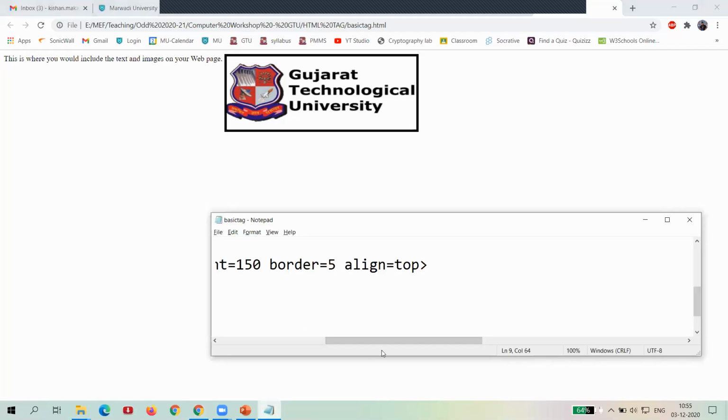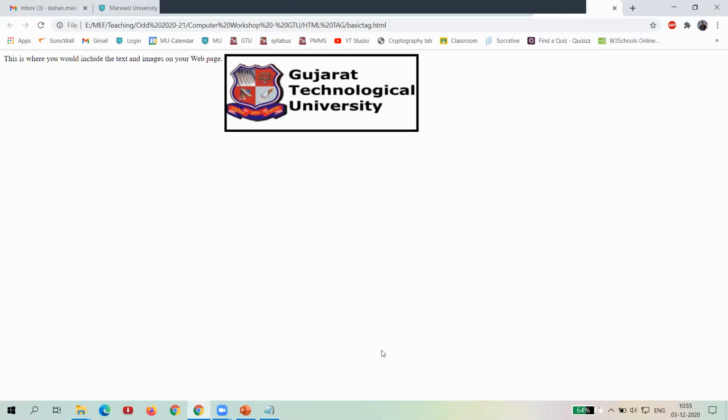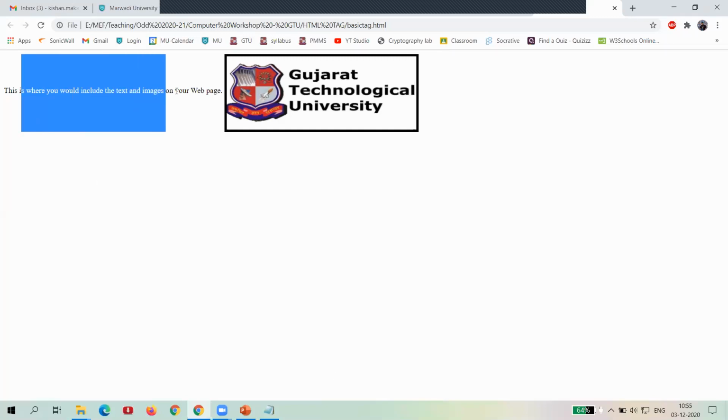Now next we have middle. In middle, let's check the output. Now you can see the image will be stable, and the text is represented in the middle part. So we call that align middle with respect to the image.